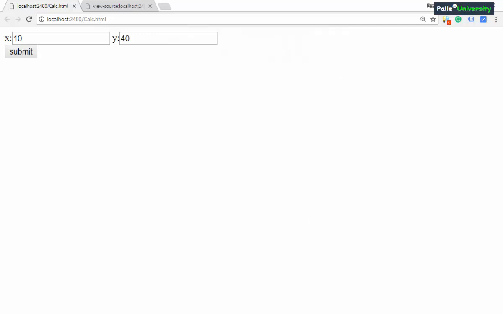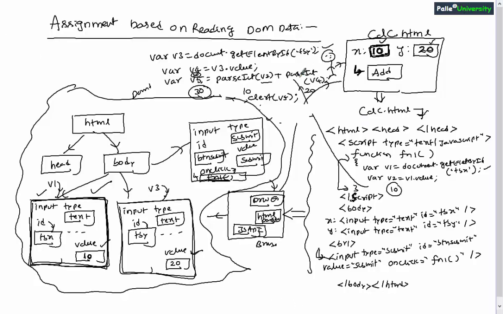So whatever I have explained on the board here, the same thing I have done in my Visual Studio. So next I will be giving you assignments in the next session, but anyhow I strongly recommend you to verify this code in your Visual Studio or maybe in some other editor, whichever editor you are using for writing JavaScript code. I recommend you to verify this JavaScript code.